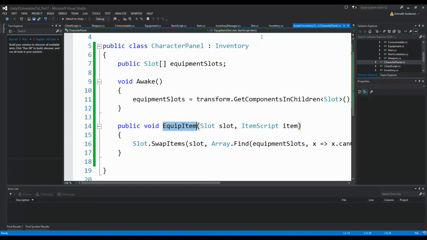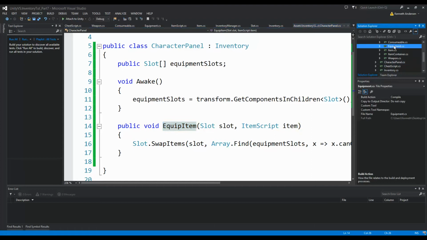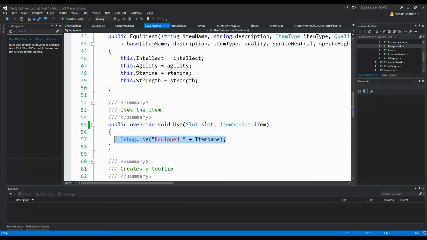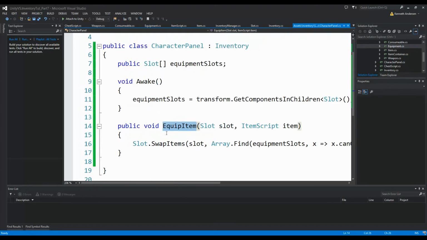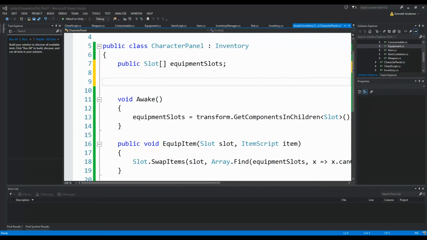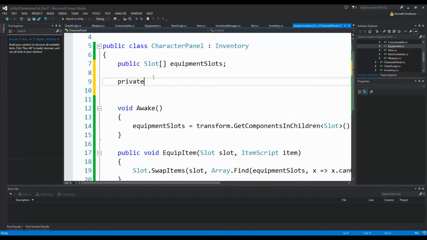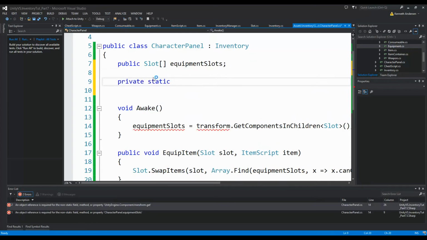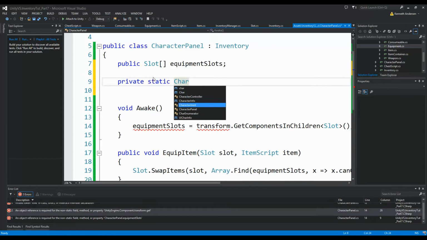So let's start with our equipment. In here, I need to be able to use my character panel's function that's called equip item. And the easiest way to get access to that is to create a singleton. So I'm gonna make a private static character panel called